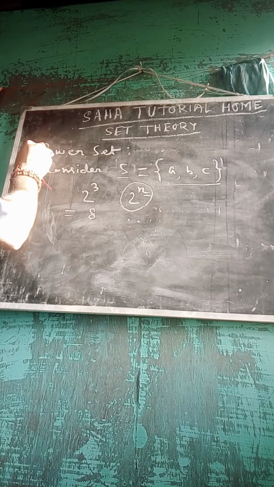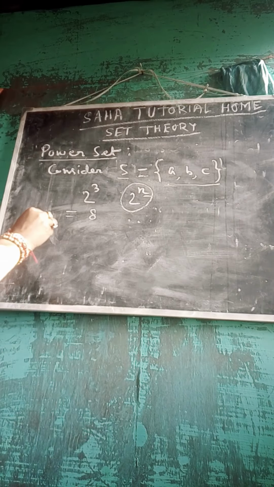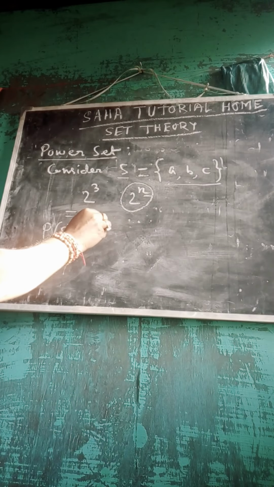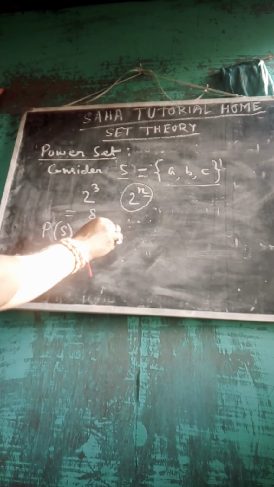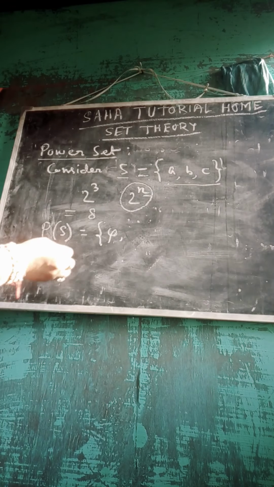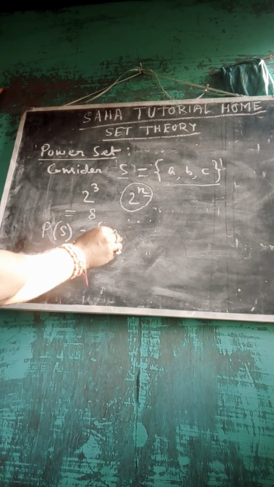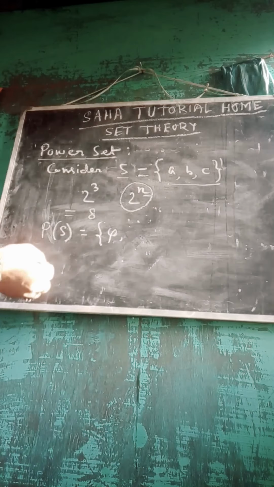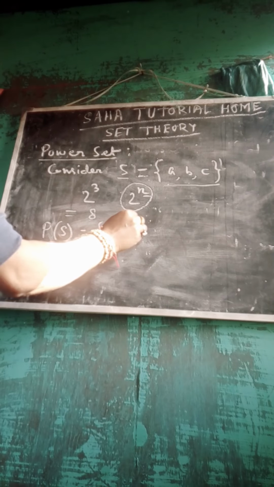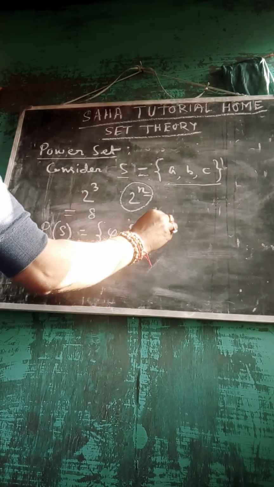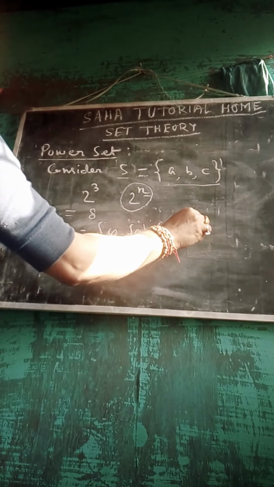So the collection of all the subsets is called the power set. The power set of S will be, first element will be the null set or void set. It means it has no element, but we have to imagine that there is some element, but it actually does not exist, but we have to take a null set. And we can take simply the set A. This is also a subset. B also a subset. C also a subset.